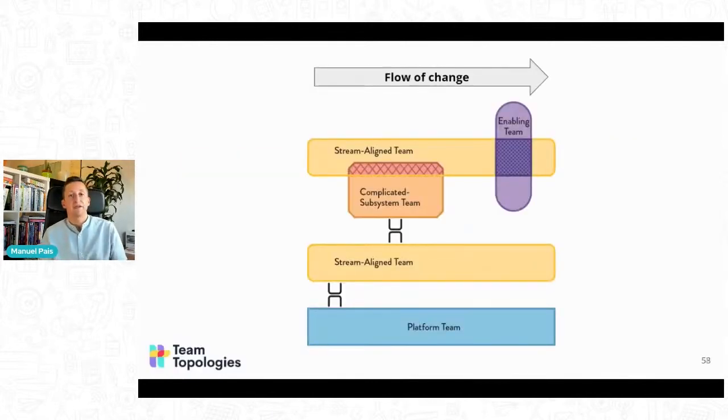When we have these tools in place to think about the organization, the teams and the interactions, then we can start having a landscape view. We have a snapshot of what's happening today. Maybe we have two Streamline teams working on services for end customers. We have a platform team that provides some services. We can see some collaboration going on with a complicated subsystem team. We can see an enabling team facilitating a Streamline team.